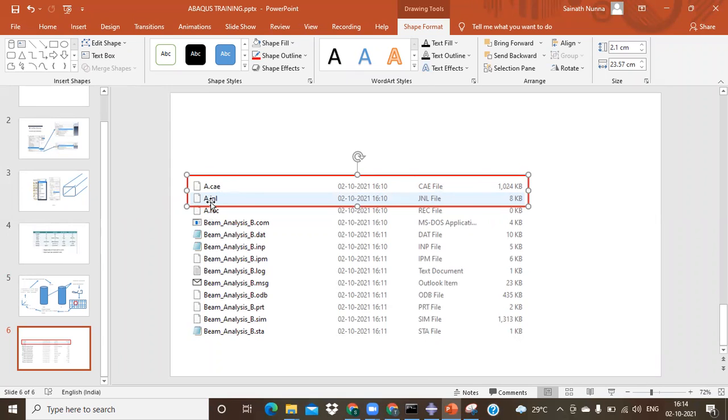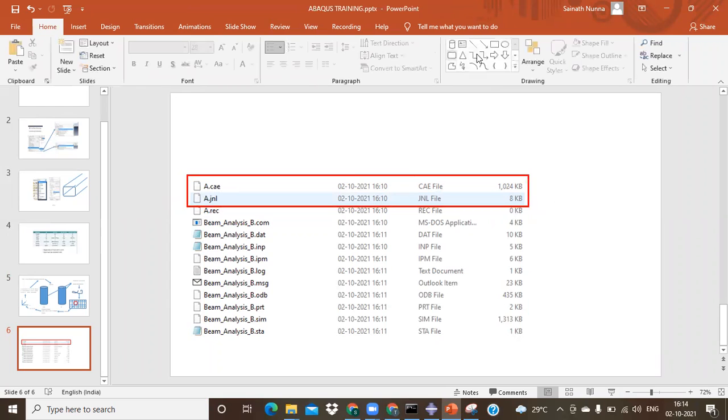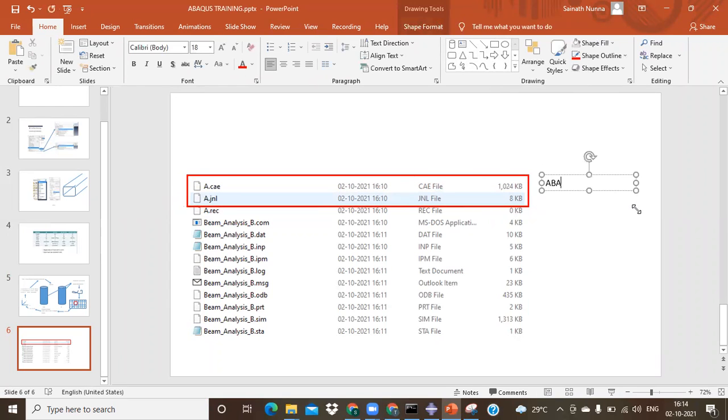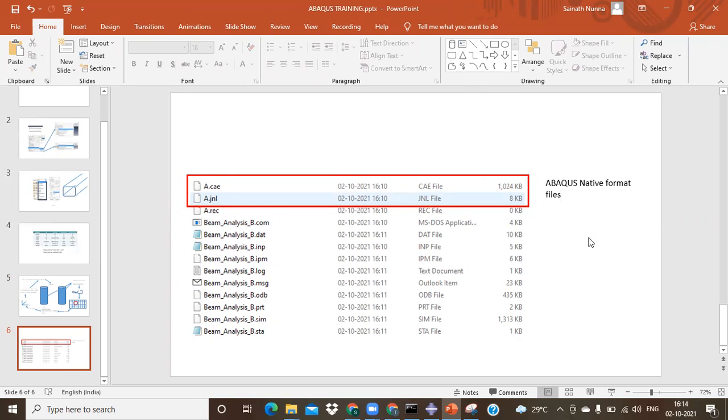If you have any older versions and now we are trying to open in a newer version, this JNL file will support you to open that particular part. And this is a recording file that is available. As I have not recorded anything, nothing will record over there. So these two files are called Abaqus native format files.